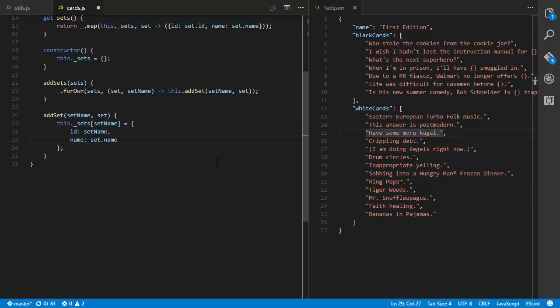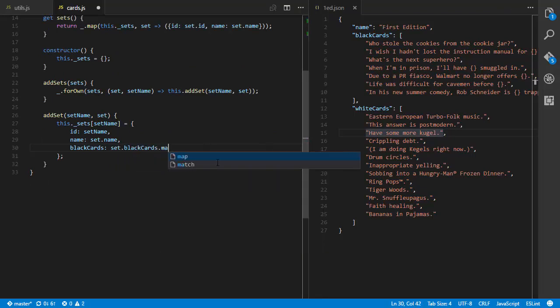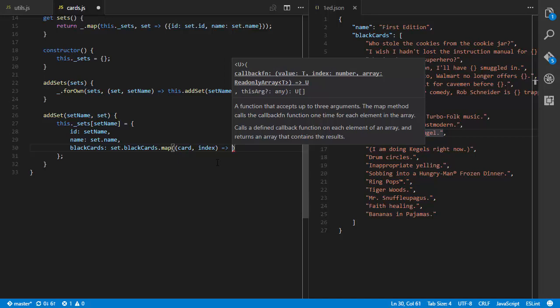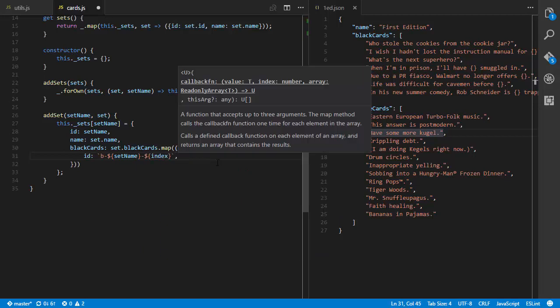Then I'll have name, then I'll have black cards, which is going to equal set.blackcards.map, card and index goes into, and this is just going to be a function that returns an object, so make sure to wrap the object notation with parentheses, otherwise you will get a syntax error. And then I'm going to say ID is going to be a template string of b dash set name dash index. So each card will have a unique ID that's generated when they're added to the card